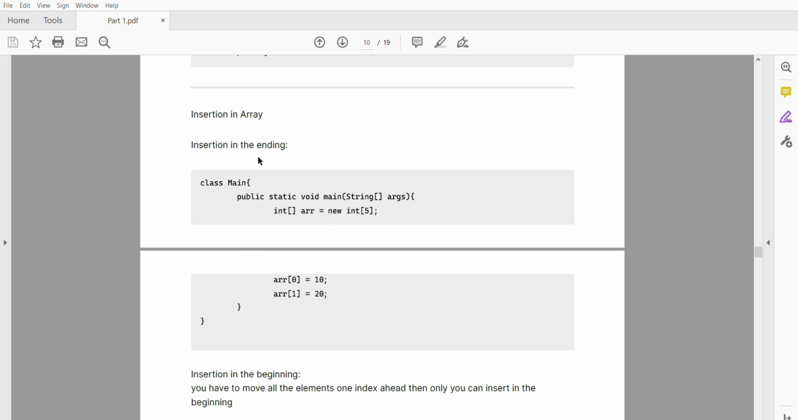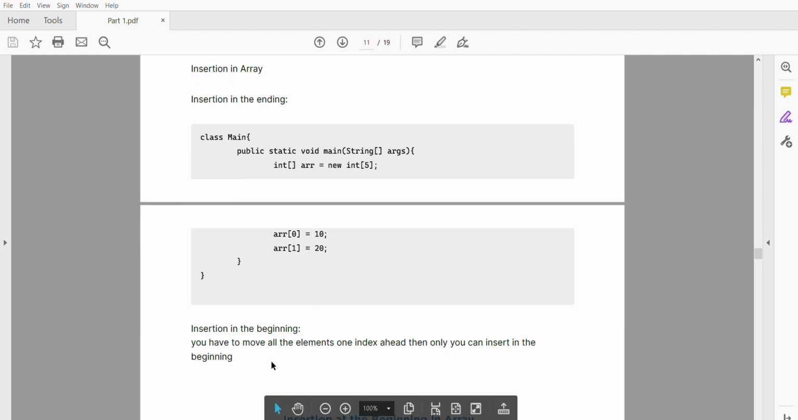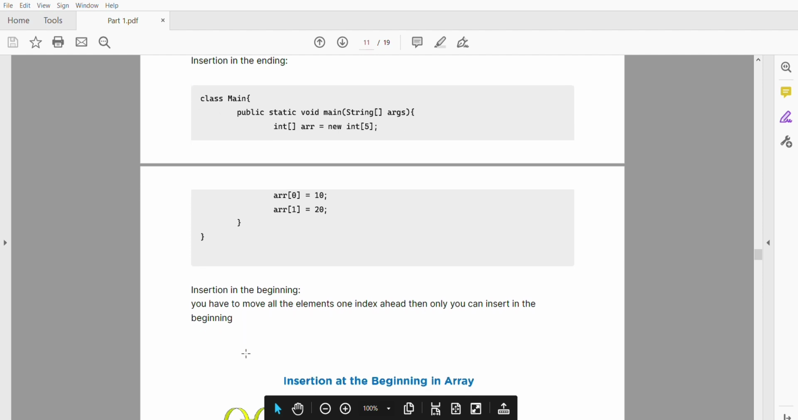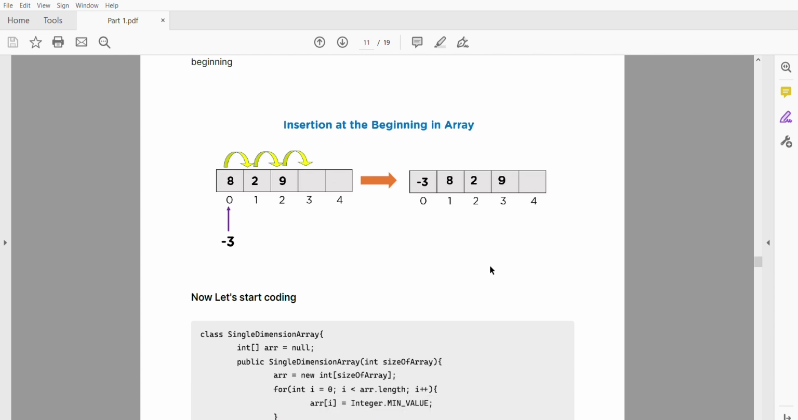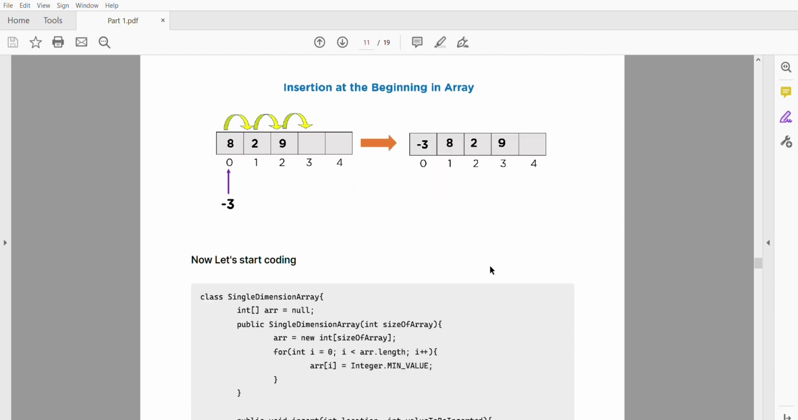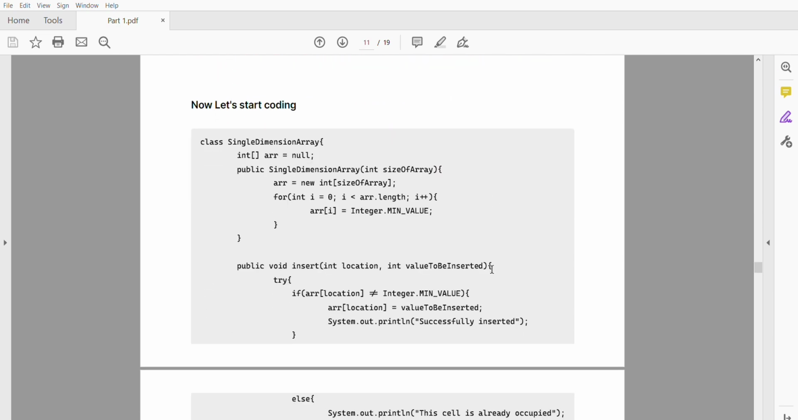So now let us understand how to do insertion in the array. We use the name of the array and the index equal to the element we want to assign. So in order to insert in the beginning of the array, see here you can see an example. If you want to insert -3 in the beginning, you have to move all the elements to the next space. So let us start